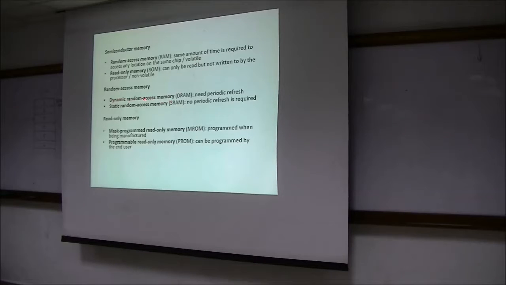So this one uses capacitance technology, so that's why you need periodic refresh, but you don't have to worry about this. I'm just stating. They won't ask you this in the test. And then you have static random access memory. This one uses transistors, so therefore you don't need the periodic refresh. So basically there's the capacitance and also the transistor technology. And then you see under read only memory. Now random access memory